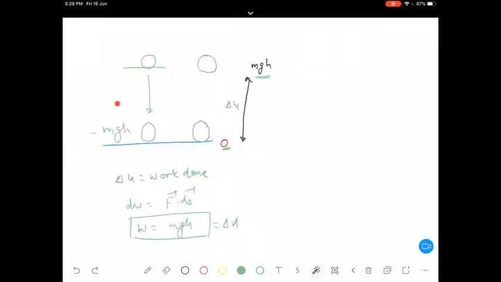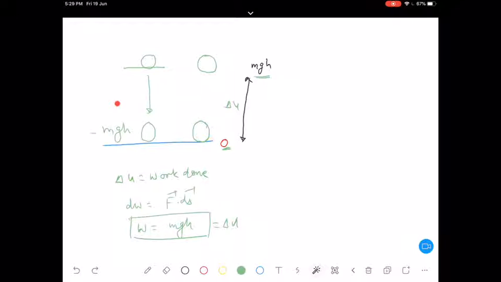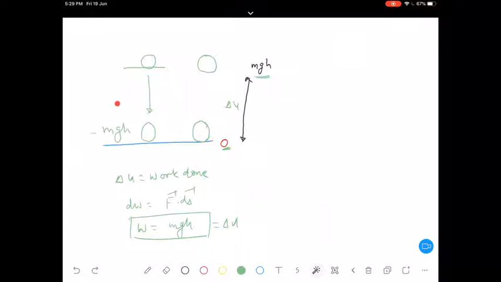Clear? It will be a universal statement in all the chapters. For example, whether I will be discussing chemical bonding, thermodynamics, electrochemistry, or even in physics, you can use this statement: if potential energy decreases, that particular object for which you are decreasing the potential energy will gain stability. Clear? So this was about gravitational potential.